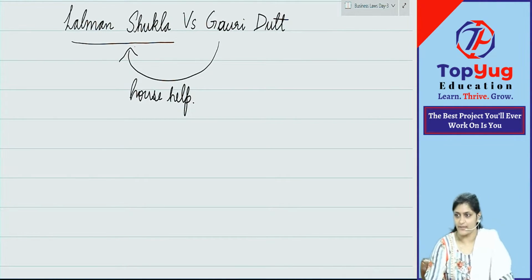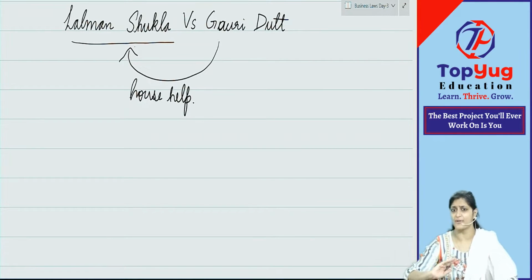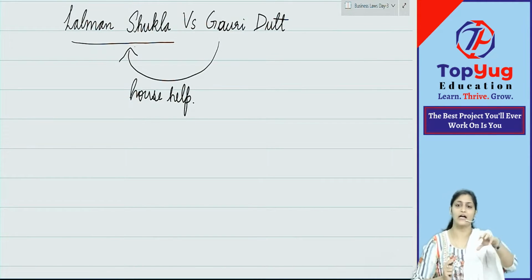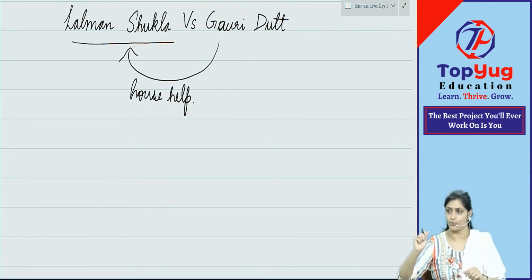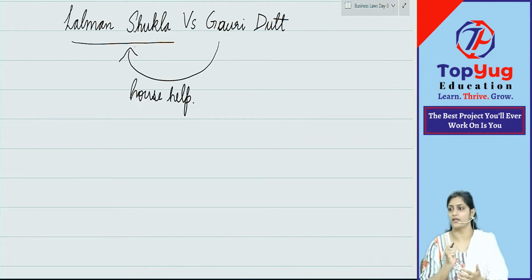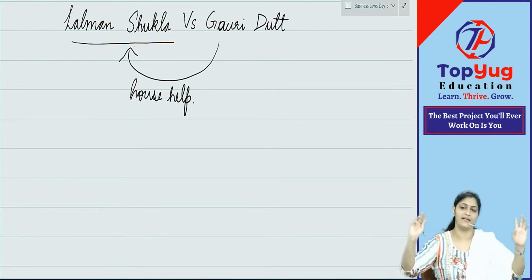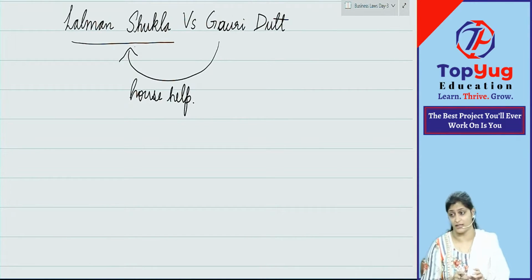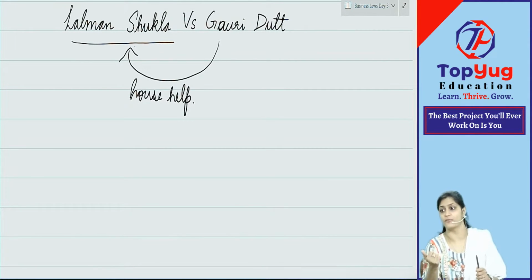She gave the advertisement, but before the advertisement was given, who went in search of the nephew? Lalman Shukla went, and before seeing the advertisement, he found the nephew. Now he was returning home with the nephew. At that time he happened to see the advertisement. Okay, Gauri Dutt master is giving 100 rupees, I will get 100 rupees. He went to Gauri Dutt and said, "Come on, master, I found your nephew. Give me 100 rupees."